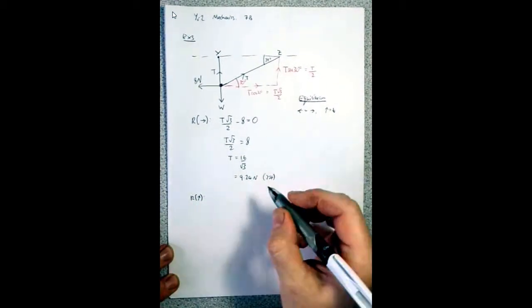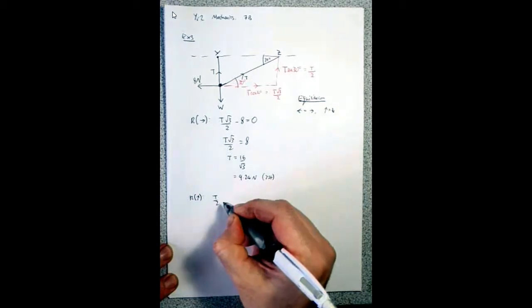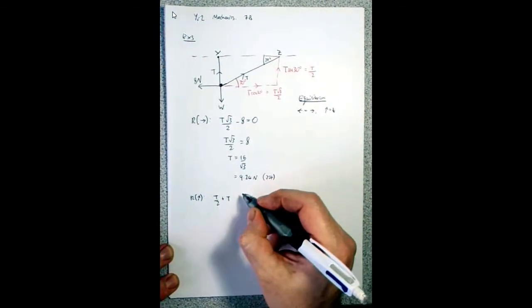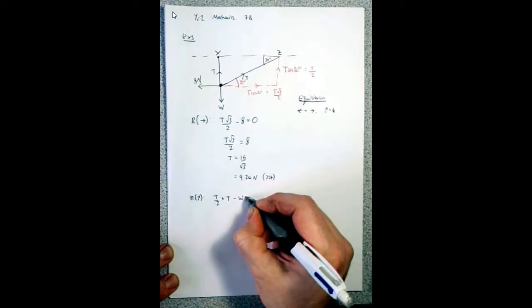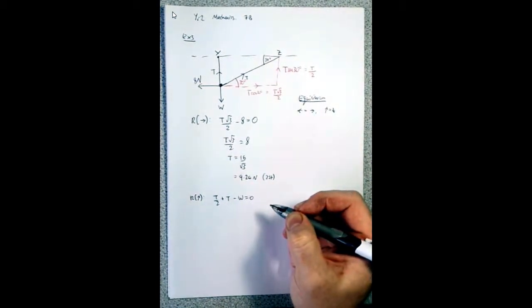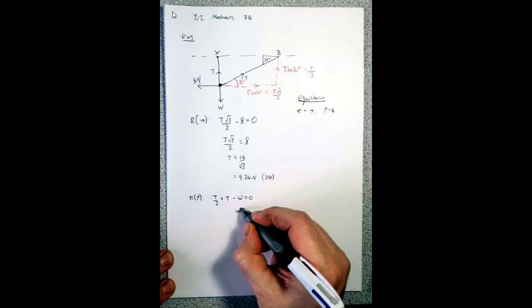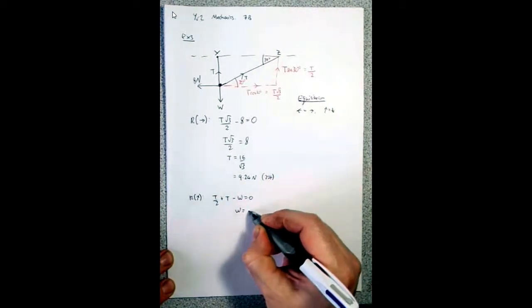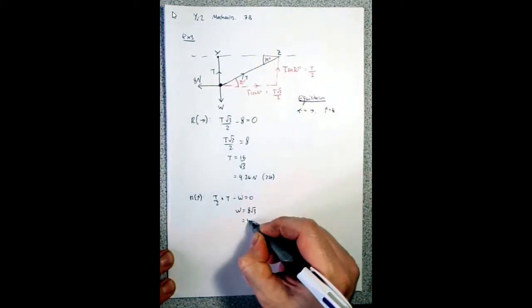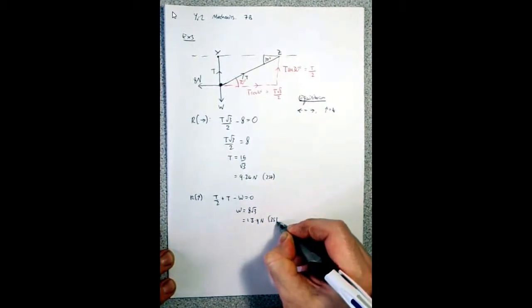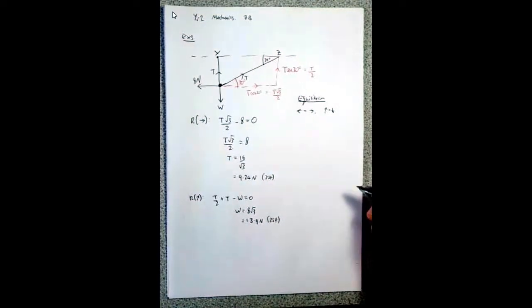Resolving vertically, I've got T over 2 plus T there minus W equals 0. I've got T already, so that gives me a value for W of 8 root 3, 13.9 newtons to 3SF. So pretty straightforward, I think. And